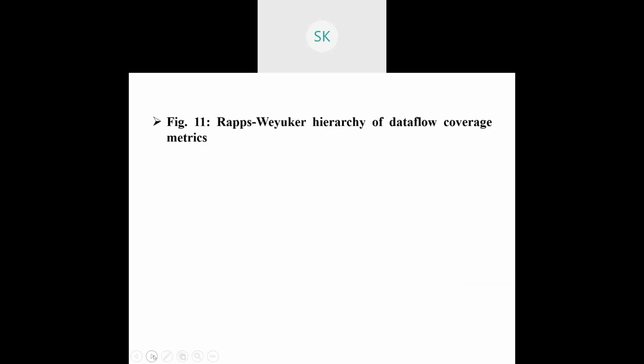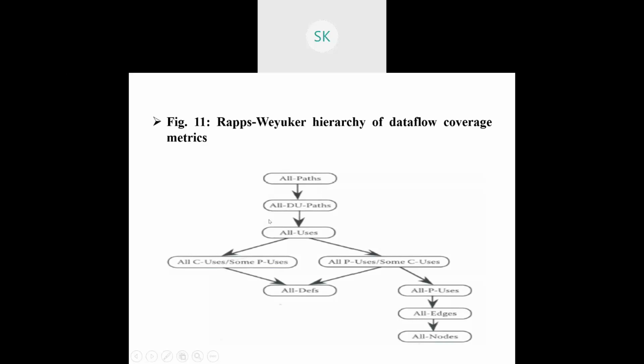With respect to whatever we have just discussed, they have given a hierarchy. First we need to identify all the paths. Whatever the DU paths are, you need to identify, or with respect to that particular program, all the paths need to be identified. Now you need to categorize those paths into all DU paths. All DU paths means cycle free paths. So there should not be any cycle in the path that you are choosing. The successor node should have some particular importance with respect to the previously available usage node.